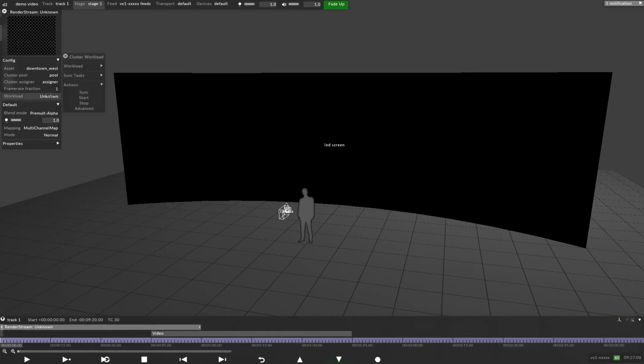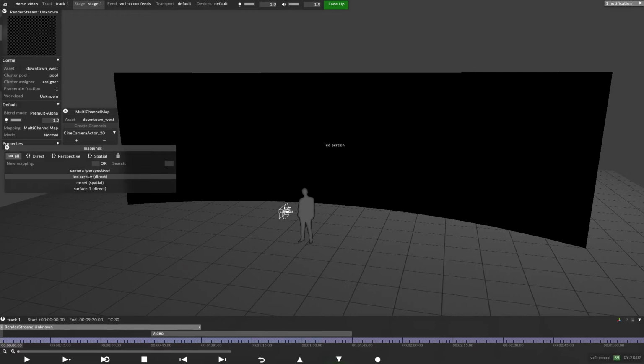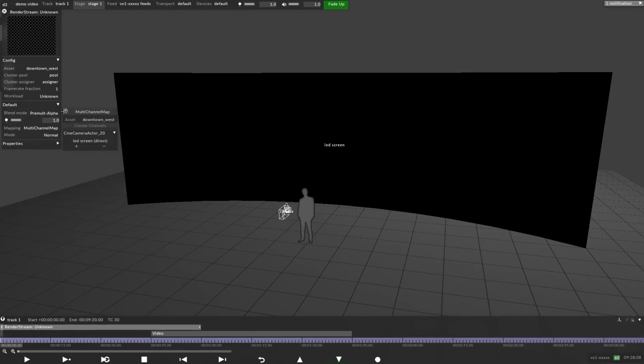So I can now right click on my workload and choose sync. That will take a copy of the project on the main machine and push it across the network to all of the render nodes. So you can see 55210, which was the machine I was on earlier, has pushed a copy to all 3 of the remote nodes. So I can jump into the multi-channel map, and in here we can see the camera actor that I created in Unreal. It's been automatically created by RenderStream, and I can choose a mapping in Disguise to map that to. So I'm just going to map that to the LED screen,